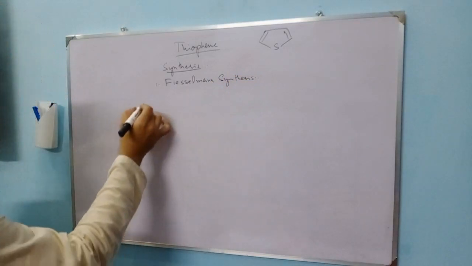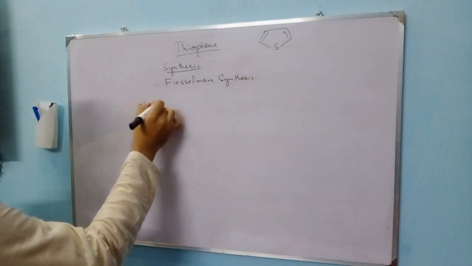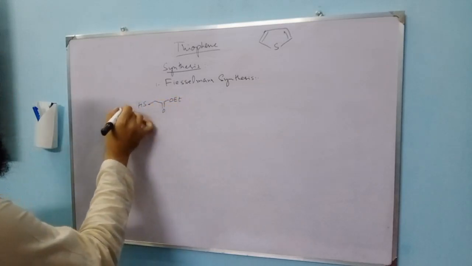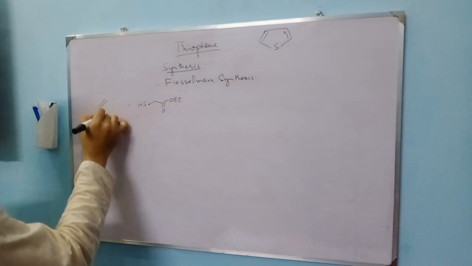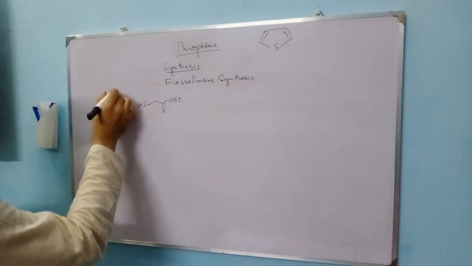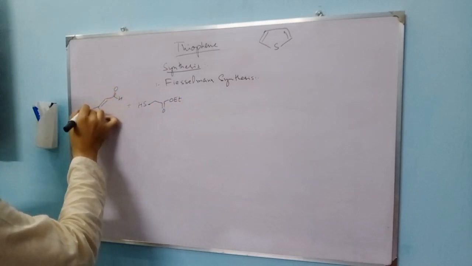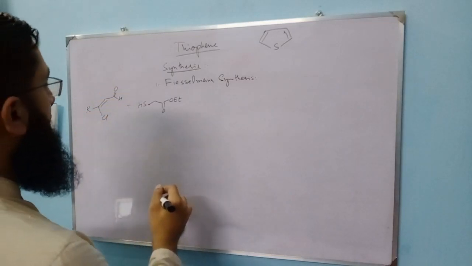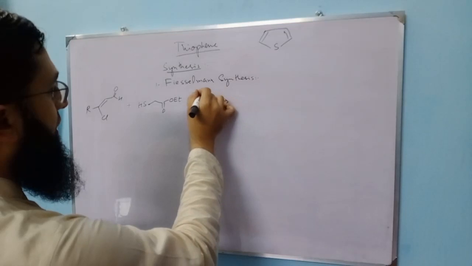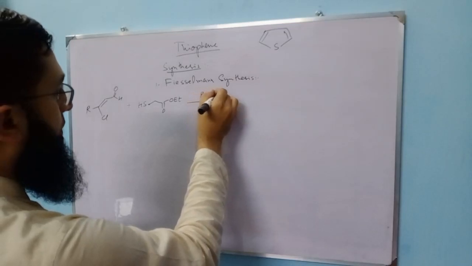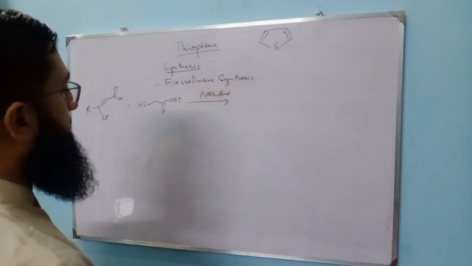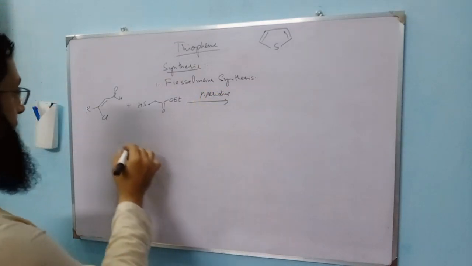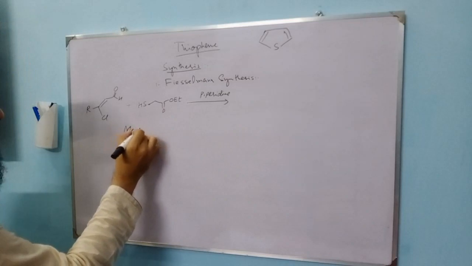In this reaction, alkyl thioglycolates are used, and they are allowed to react with beta-chlorovinyl aldehydes, and a base such as piperidine can be used. As a result we get thiophene derivatives. So, the mechanism: